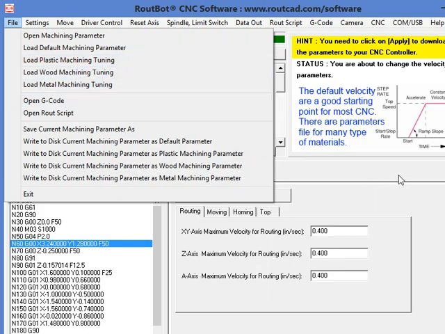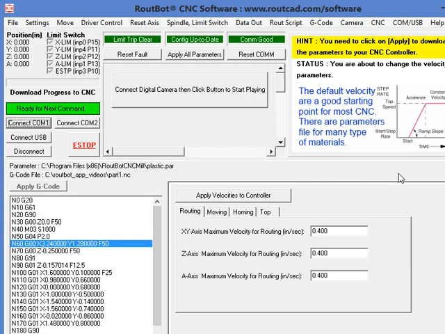Because the philosophy of RoutBot CNC is that in reality, we are not bound by your CNC. You're bound by the material, because it is what you machine that will dictate what are the best velocities and acceleration. Based on several experiment testing that have been done, these basic velocities and acceleration for different types of material